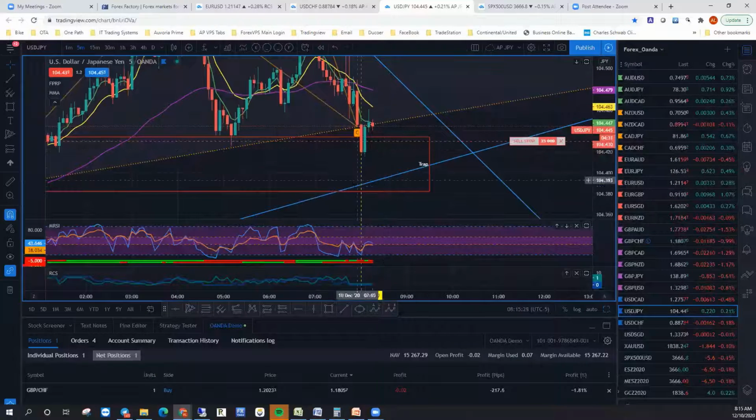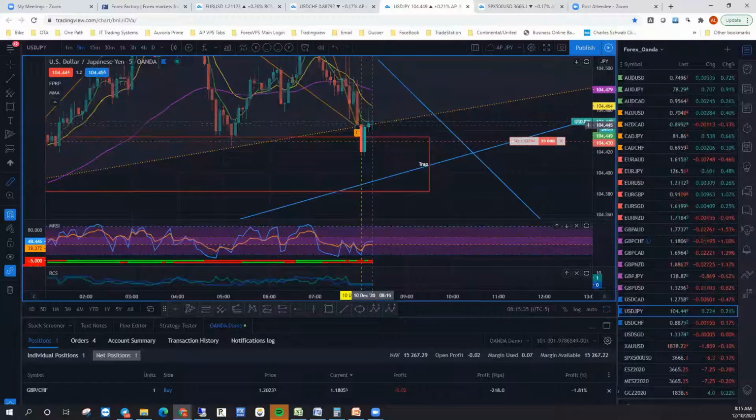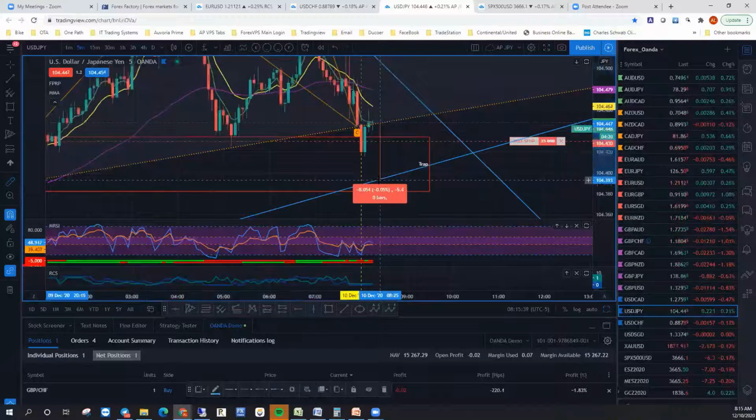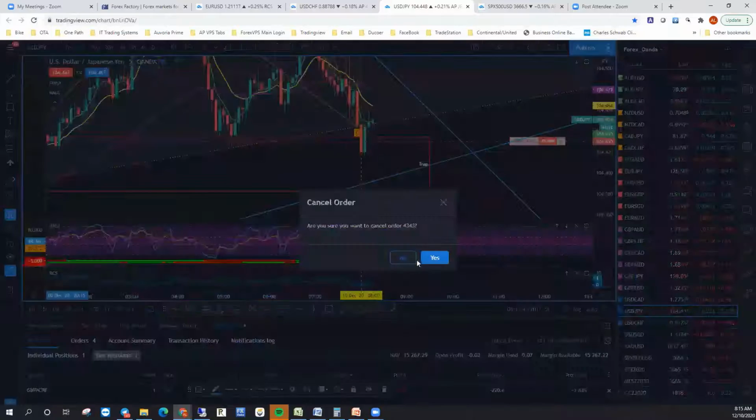We also have this major trend line coming up here from the bottom. Now, at the top of the wedge, the trend line, right now we only have 5 pips before you're probably going to get a bounce off of this. But I don't really like this trade. I'm going to pull this trade. I don't really like it.